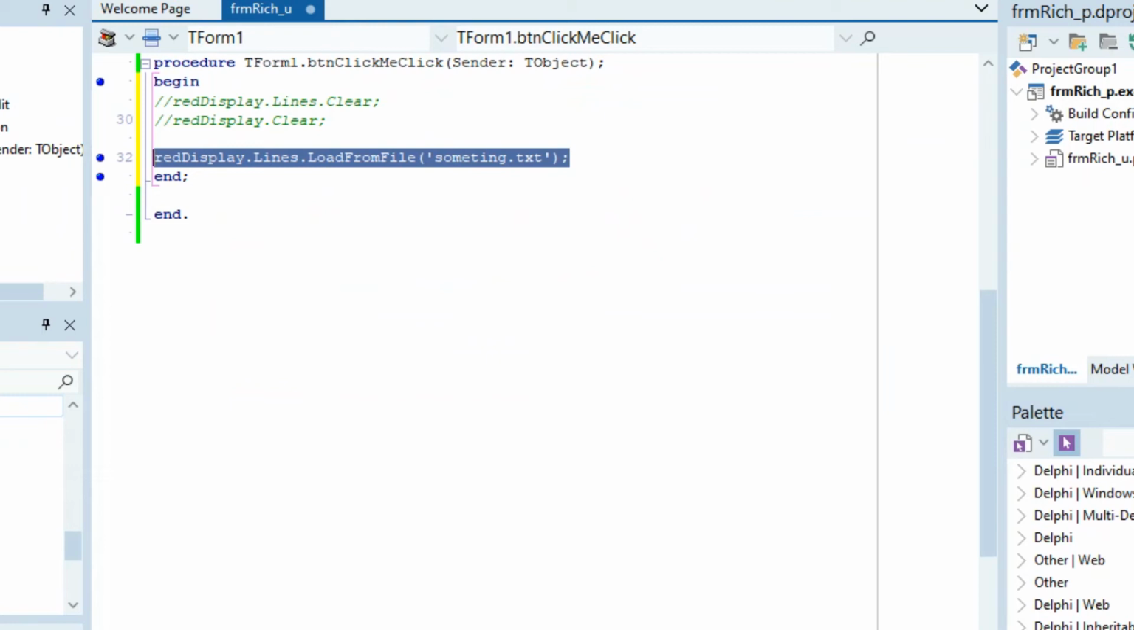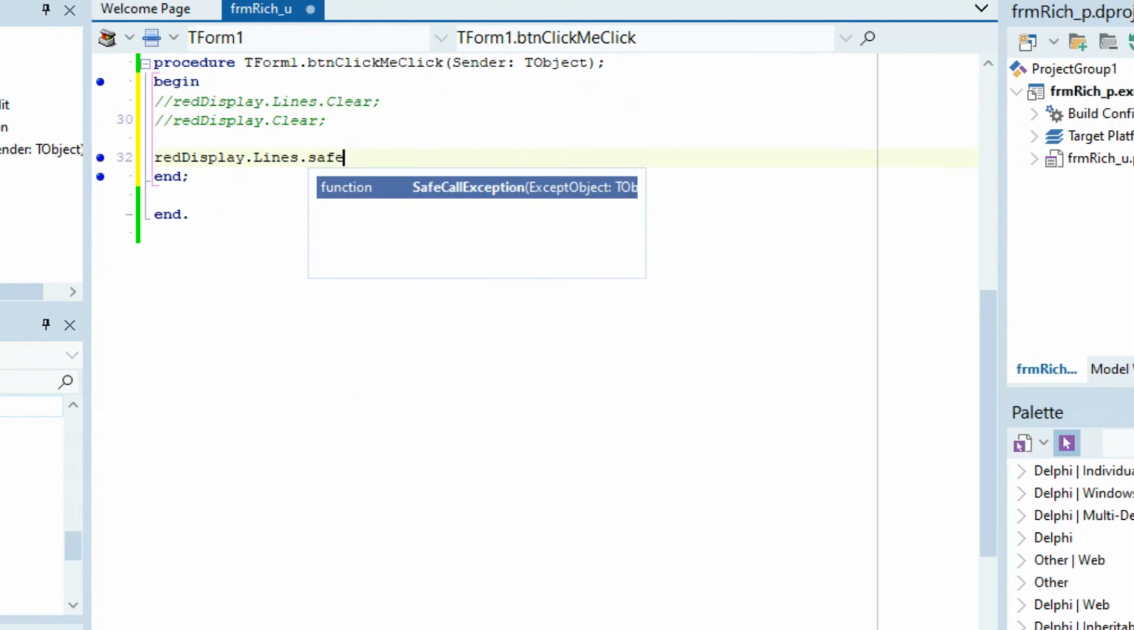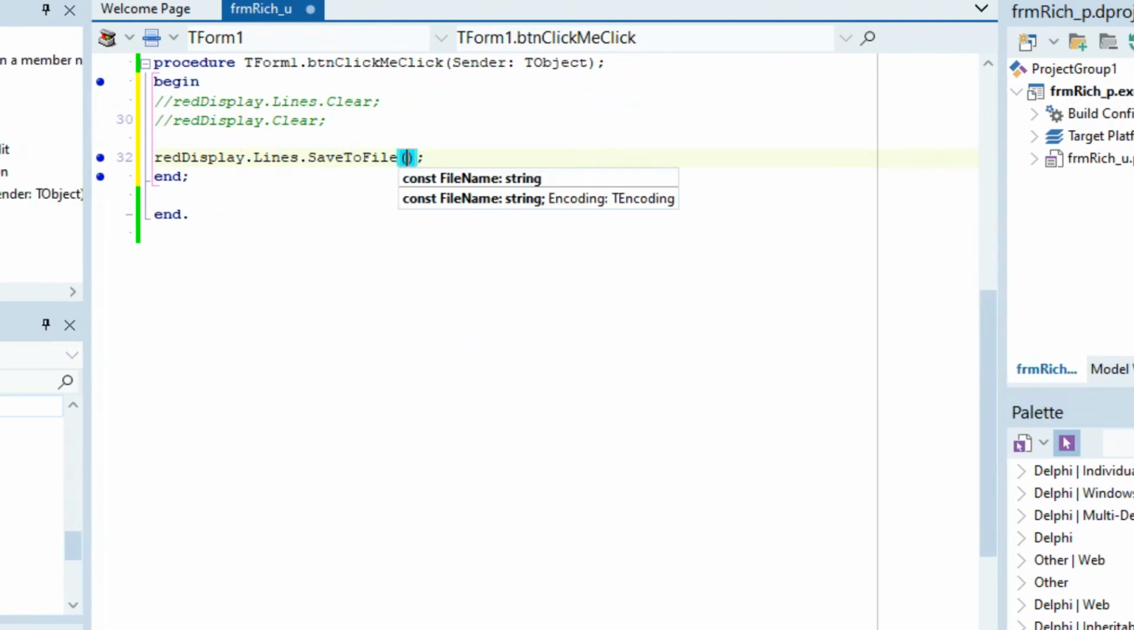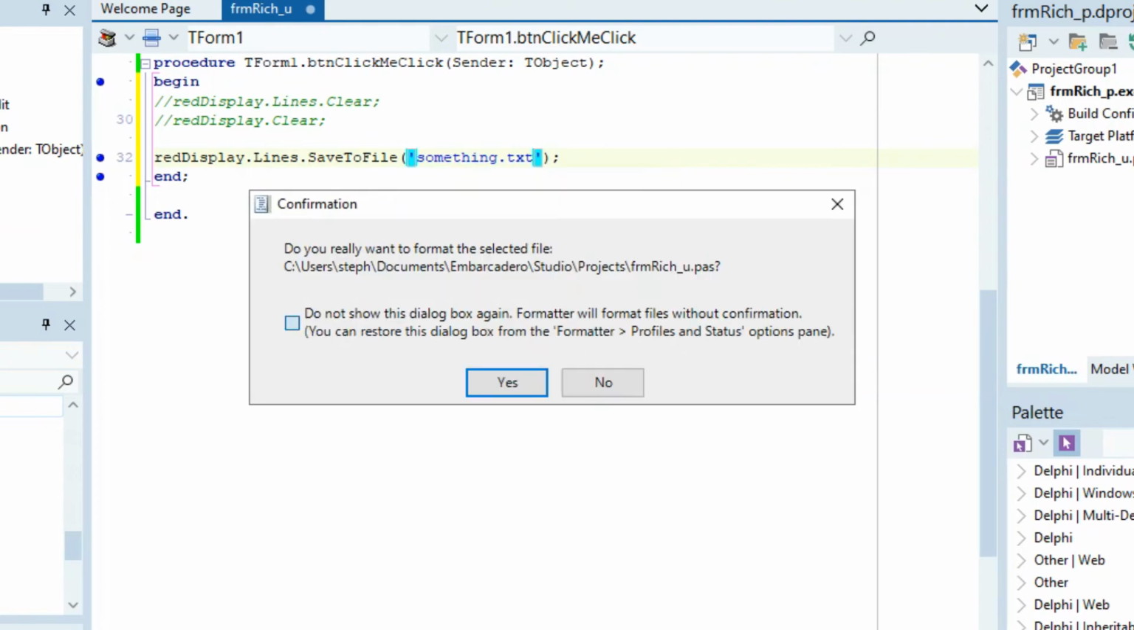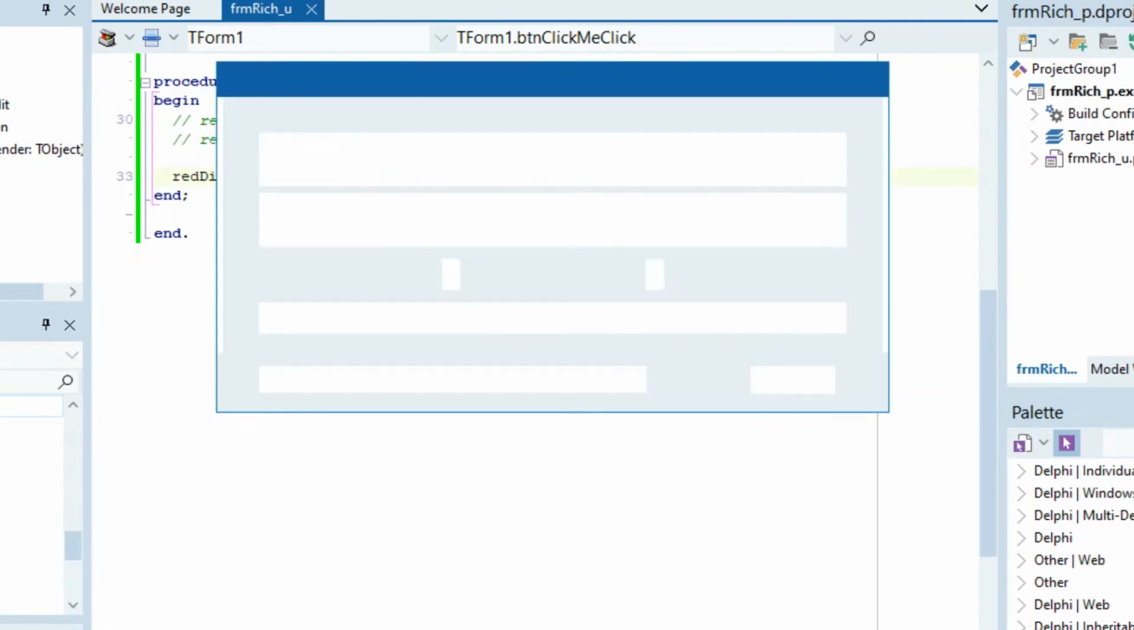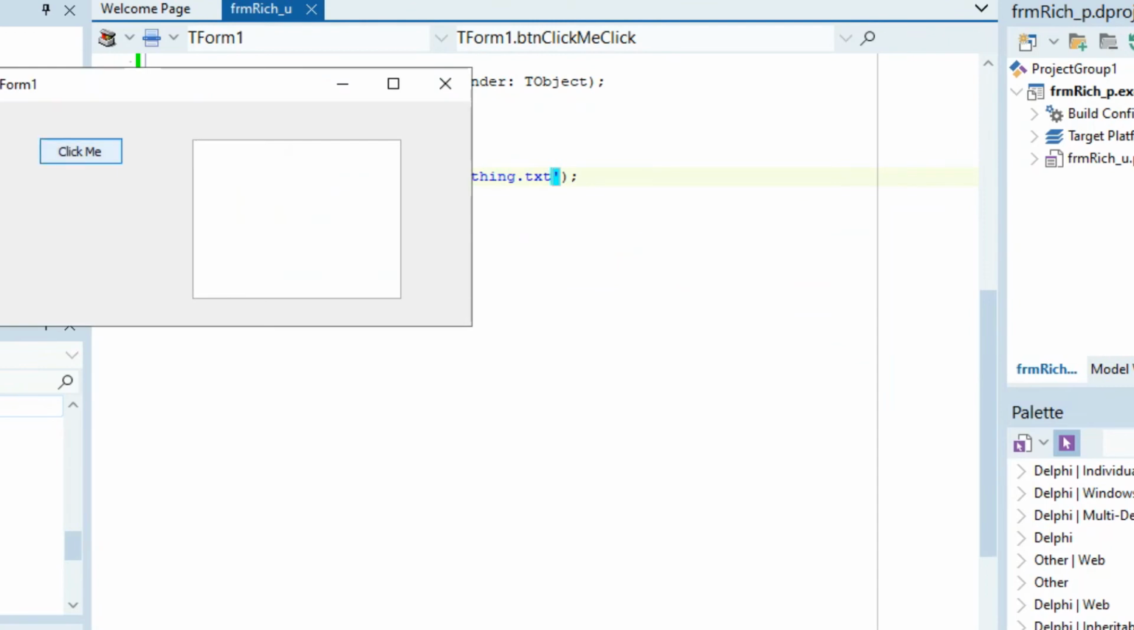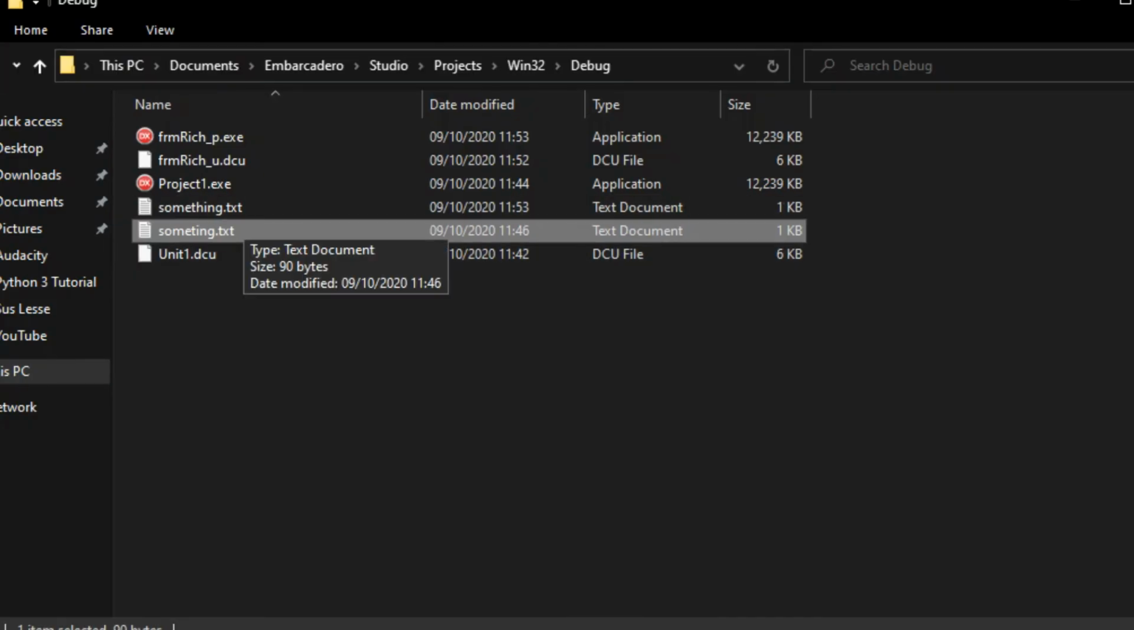Then you can also save to a file. So we say reddisplay.lines.save to file, and we can just put the file in here that we want to save. So Control V, something.txt. Now if we just Control D and Control S, maybe, yes, allow. And if we run this, so we click the button, I didn't do anything like that. Let's just add some random text here. We click the button, then if we open up something.txt,